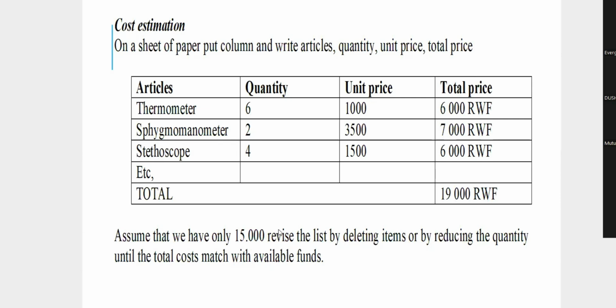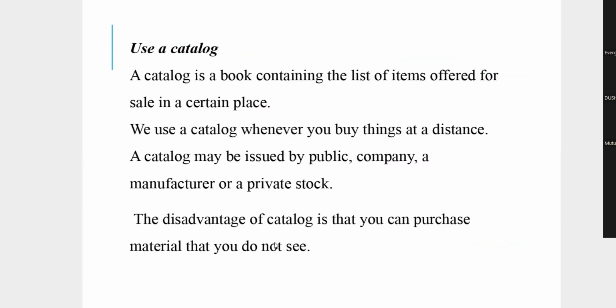If you have only 15,000, you have to revise this list, deleting some items and reducing the quantity until the total cost matches the available funds. This is to show you that making a list, and also the prices, will help you determine which items to reduce. If your available budget is 15,000, you can reduce maybe the quantities of those items